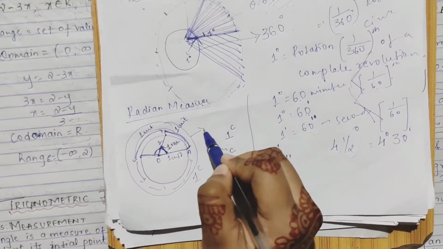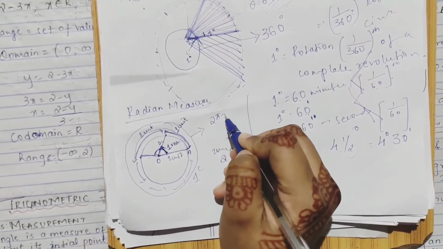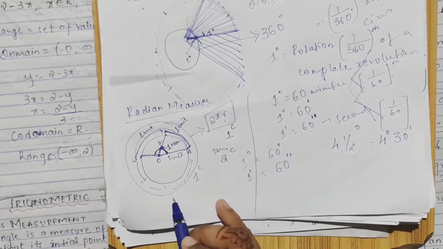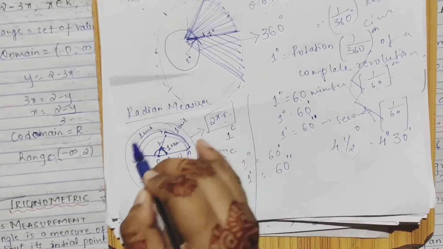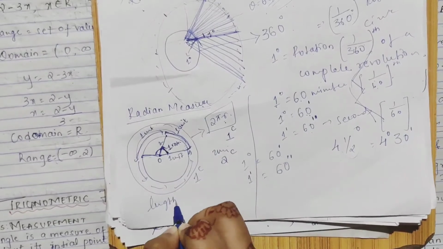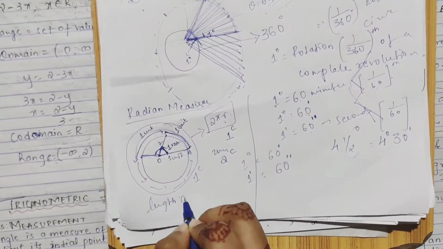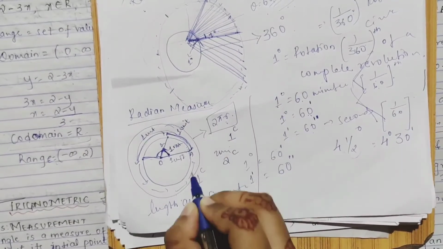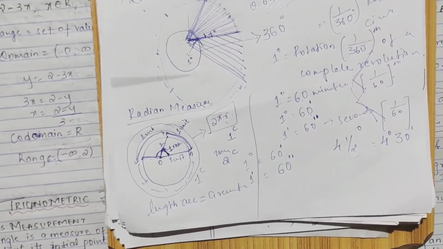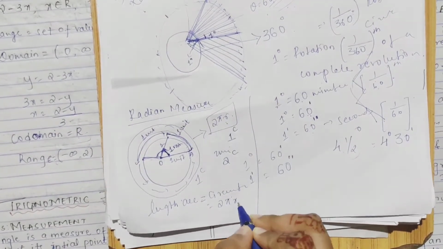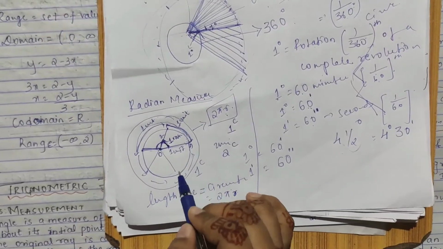Now your circumference, how is it given? By 2 pi r, right? Circumference of a circle is 2 pi r, and the length of an arc of a complete revolution will be equal to this. I'll write here just length of an arc. This is equal to what? Circumference of a circle, it is equal, right? So what is our circumference of a circle? It is 2 pi r.